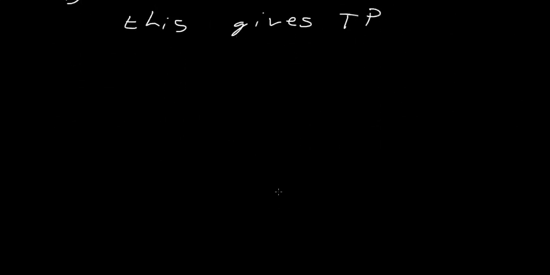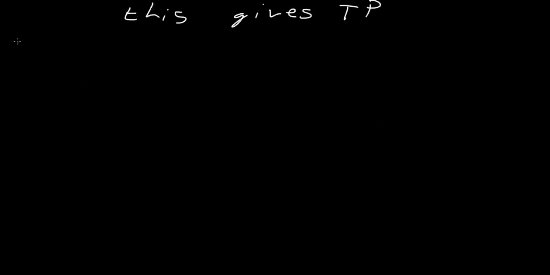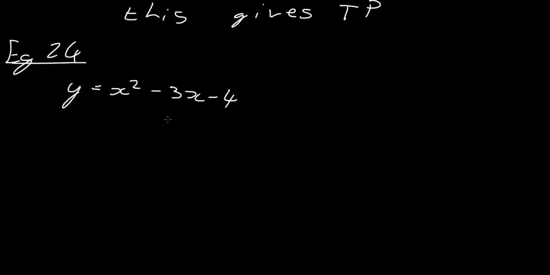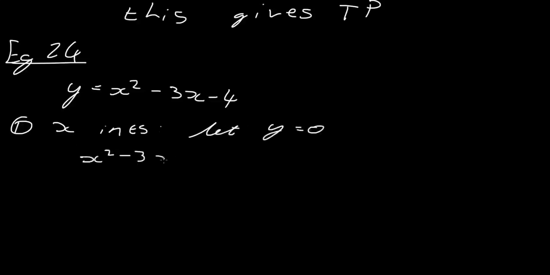Okay, so let's take a look at example 24. Example 24 says sketch the parabola y equals x squared minus 3x minus 4. So step 1 is find the x-intercepts. How do we do that? So x-intercepts, let y equal 0. So we have x squared minus 3x minus 4 equals 0,